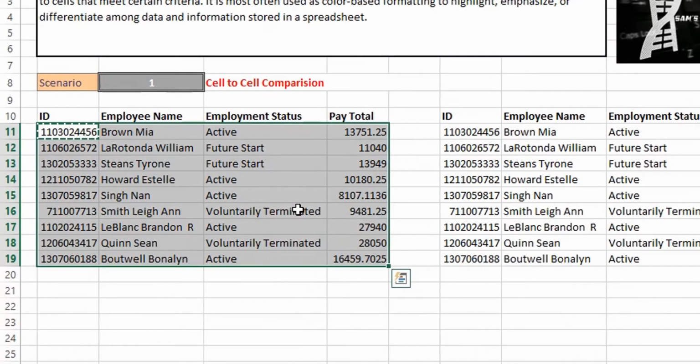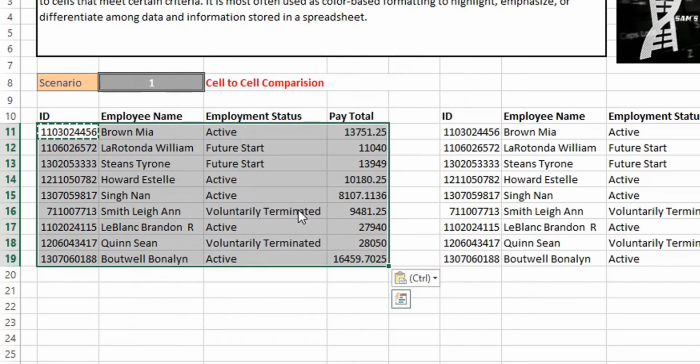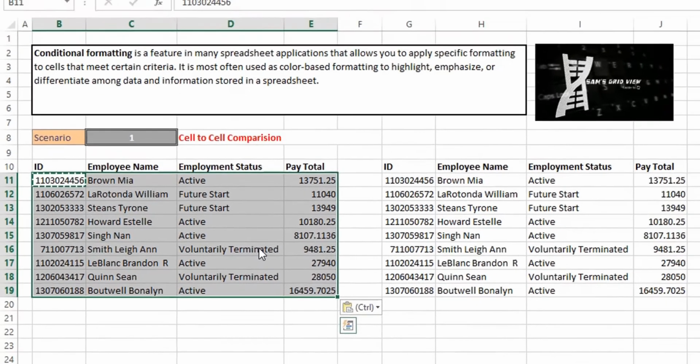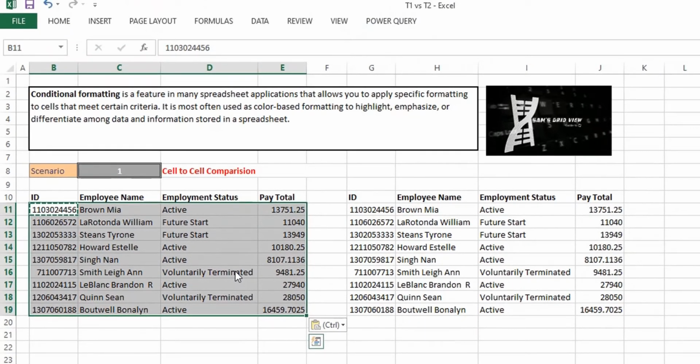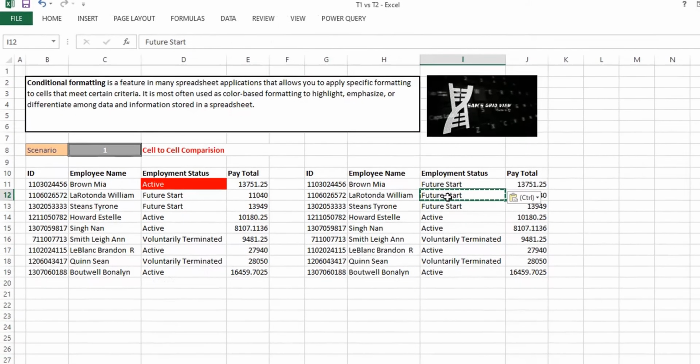If I copy paste this particular format towards the end using the paste special option, this says our table 1 is pair to pair equal to table 2. And as an example, if I copy paste this particular conditional formatting cell to I11, it will throw us the anomaly entry which says that D11 is not equal to I11. So this is our first scenario.